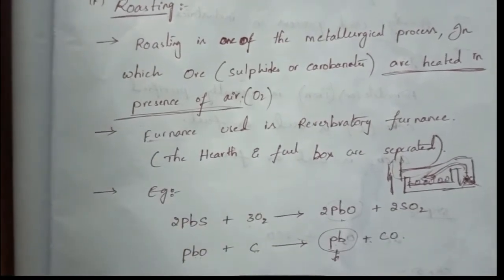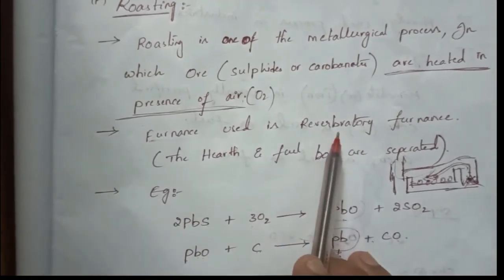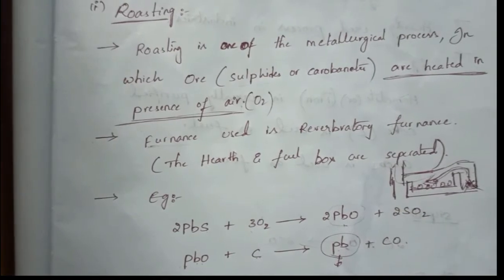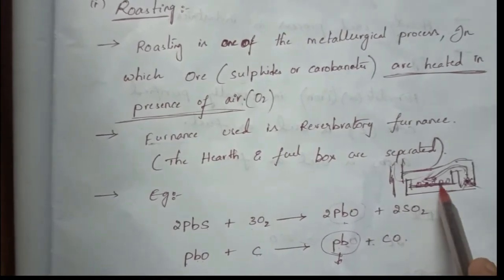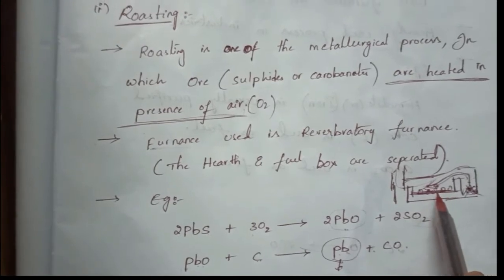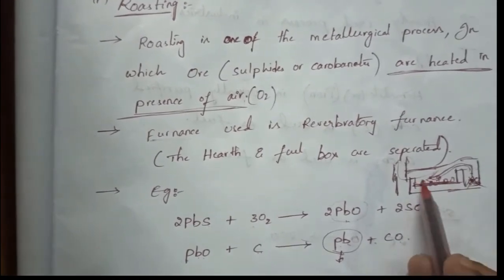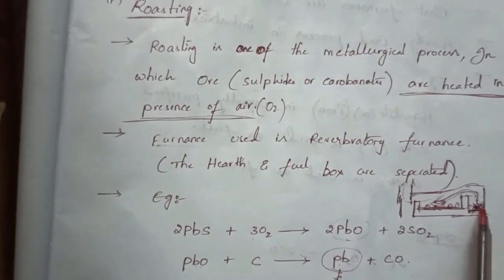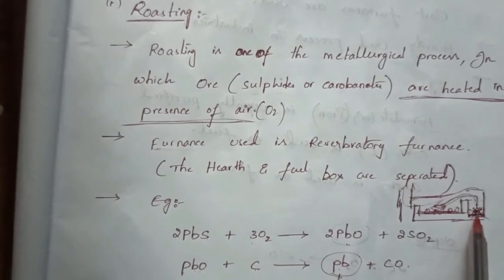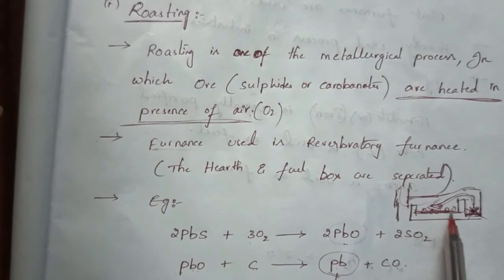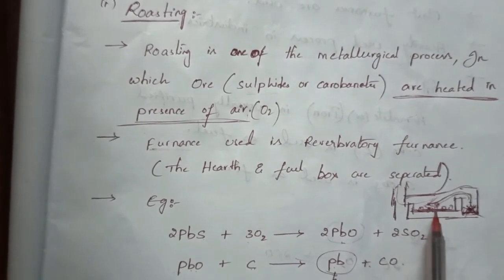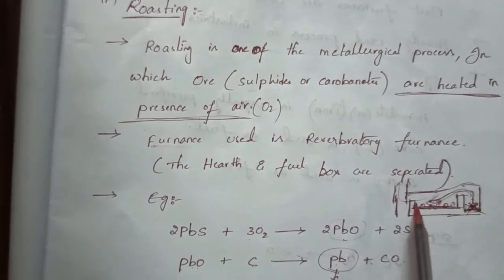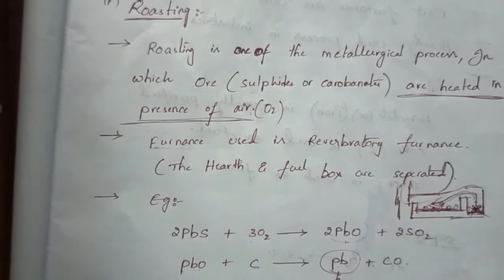The furnace which is used in this roasting process is the reverberatory furnace. It will be like this, a simple rough diagram. In the reverberatory furnace, this is the hearth, where we place the ore particles mixed with impurities. Here we place fuel, and the hot air obtained from burning these fuels passes over the ore particles and helps to diffuse the impurities. It collects impurities and other dust particles, and they get transferred through the chimney to the outer environment, right?